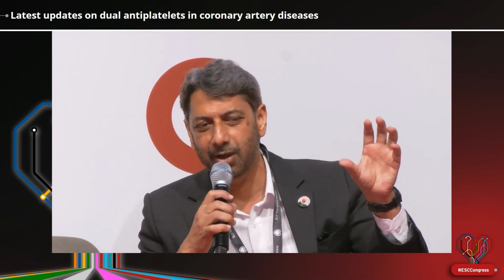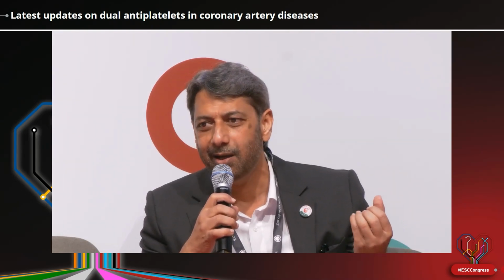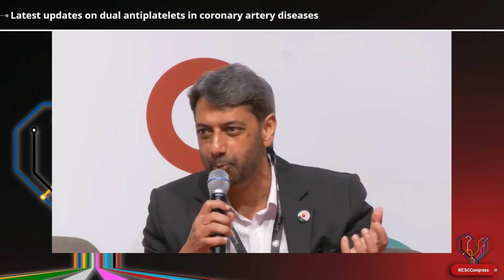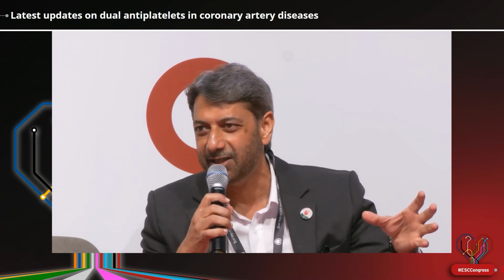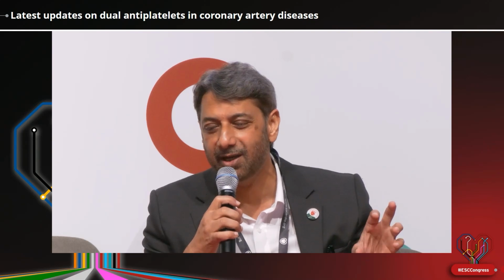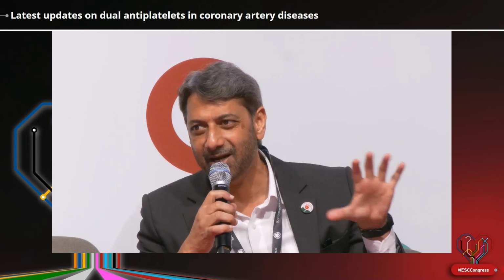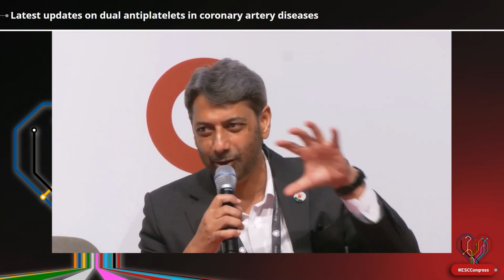You have liberty to use whatever strategy you think, because if you think your patient has high bleeding risk, but along with it has very high thrombotic risk, and you need a very potent antiplatelet, then you can use ticagrelor, again loading 180 and maintenance of 90. Prasugrel is a bit tricky in this situation. In patients with high risk of bleeding, even if they qualify with the preconditions, it's very high risk using prasugrel, although you're going straight away for PCI with the background of thrombolysis. That's my personal opinion, considering all the things together.